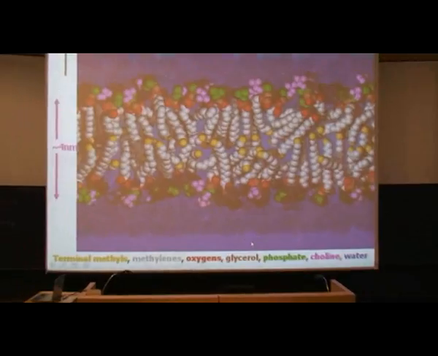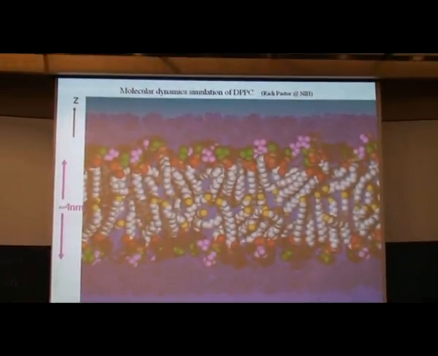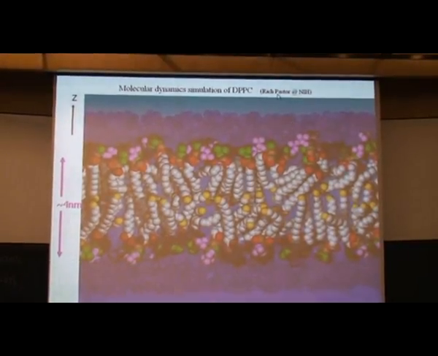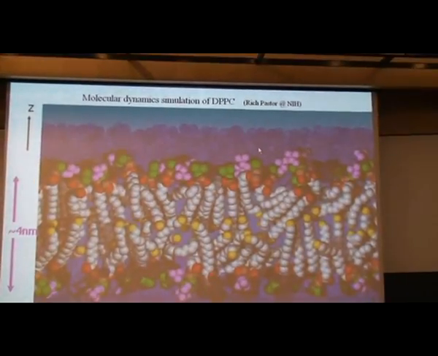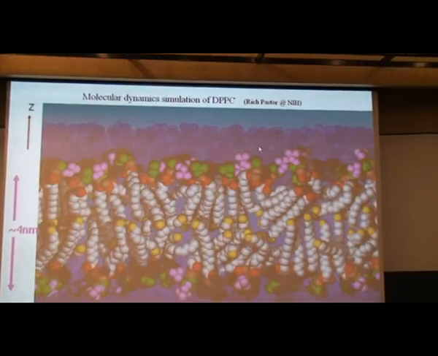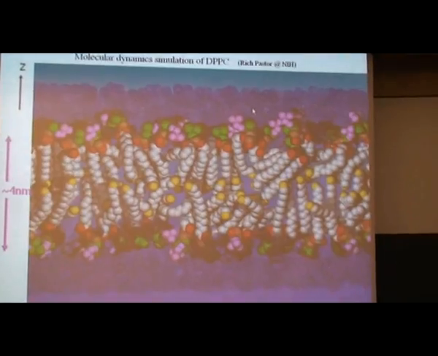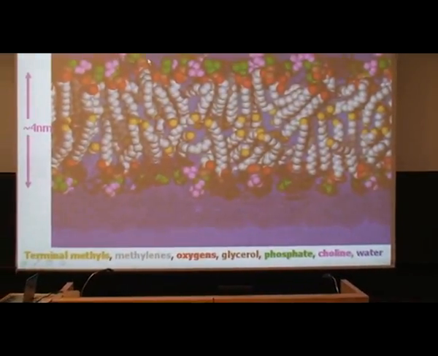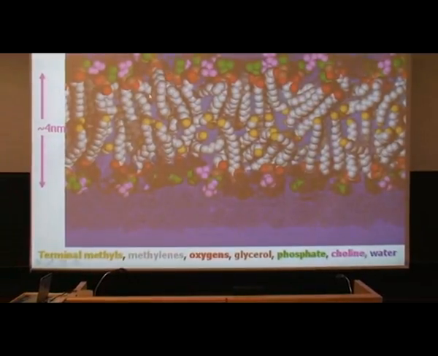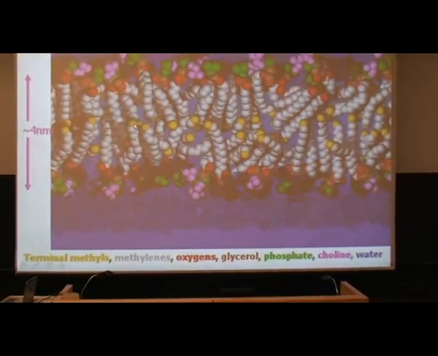Okay, next slide, and I realized at the last minute that I really should have asked Ollie for one of his pictures instead of a picture from another. So up here in fine print, I have another one of my collaborators who actually gave us this particular picture. And the point of this picture is that the ball and stick model that you saw on the last slide had things very regularly laid out in a schematic diagram. But when you actually put these things in water, and you do it in a simulation, what you see is that those regular hydrocarbon chains that I showed on the last slide are not regular at all. They come up here, they do a twist, they do a turn. Here's the end of them.